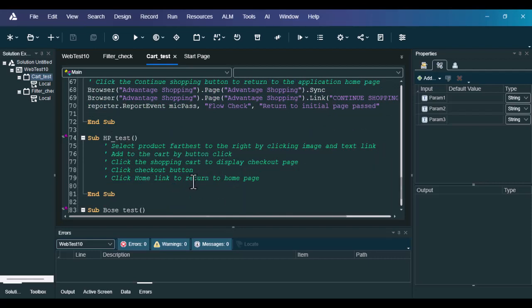And what we said we wanted to do was to select the product, the farthest one to the right. So we'll be looking for the images that show up. And that's after you click that button for HP. Then checkbox, not button, we should see a limited amount of images displaying. We're going to select the one that's farthest to the right, and then we add to the cart by the button click. And so when we click on that image, we're going to go to another page